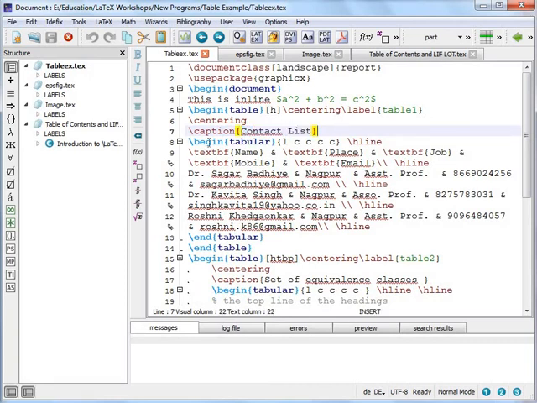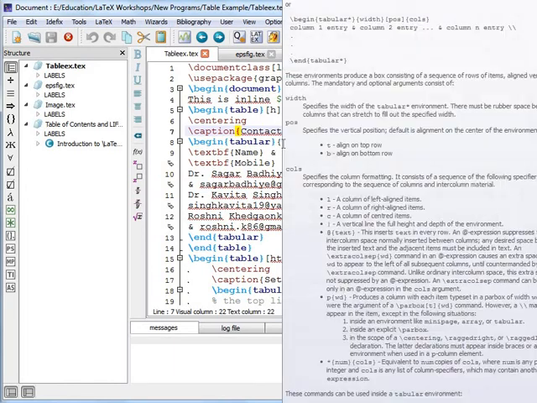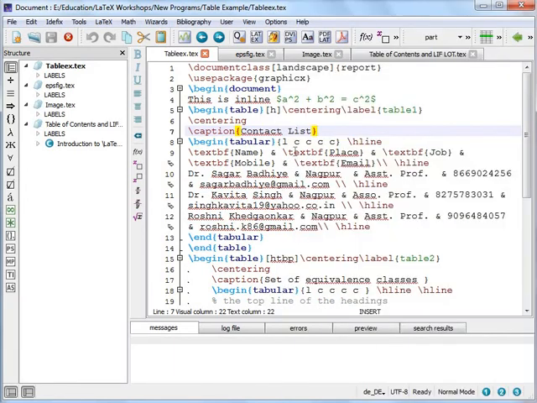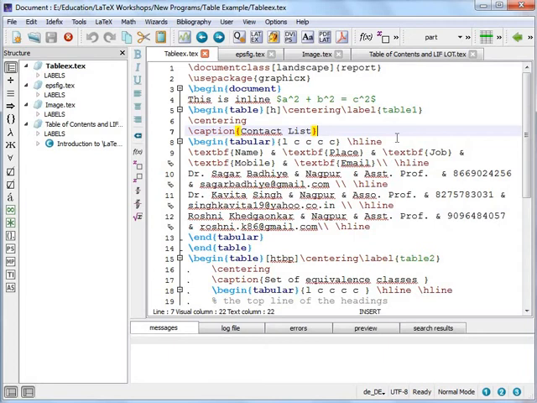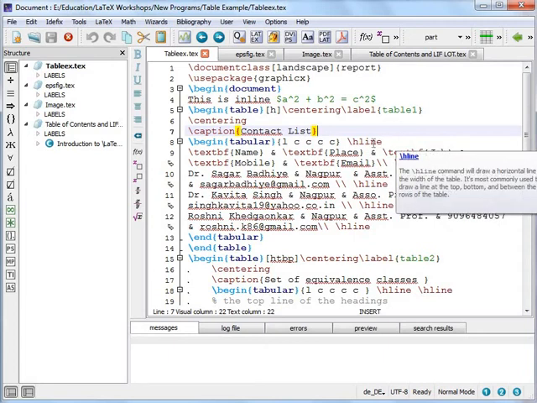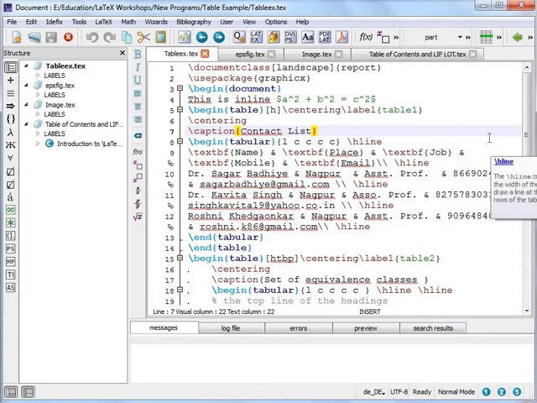Then \begin{tabular} environment, and here I am specifying that the first column should be left aligned, and the second, third, fourth and fifth columns should be centered. Then I am creating a horizontal line with \hline. Then I am using \textbf, and the text within the curly braces will be bold.